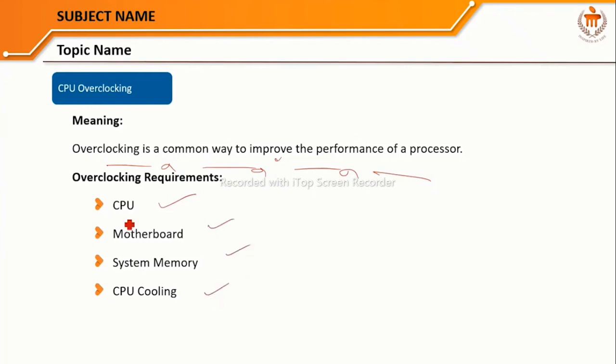If the CPU is working in a faster manner, it can generate heat. That time we need CPU cooling, which can also cool the CPU. The second one is the motherboard, which must also be capable of handling these things. And system memory is also involved, because we are increasing the clock speed. It's running faster, and it takes the instructions from the